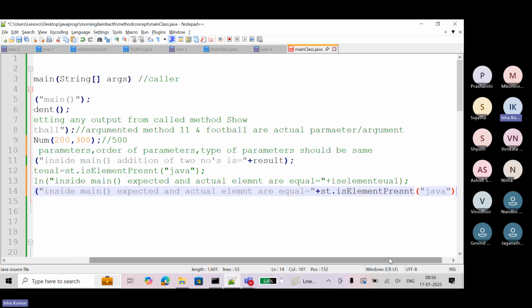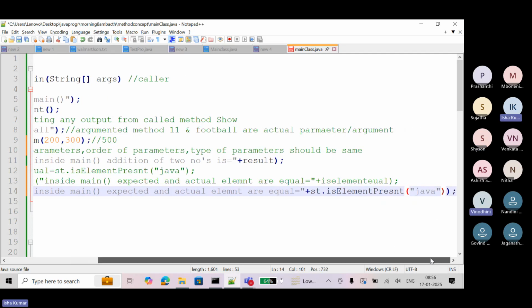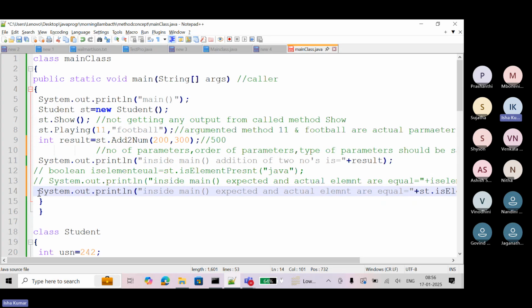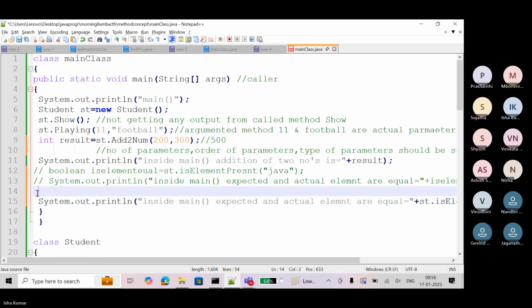So what is the note here? We can call a returning type of method directly from the SOP statement.